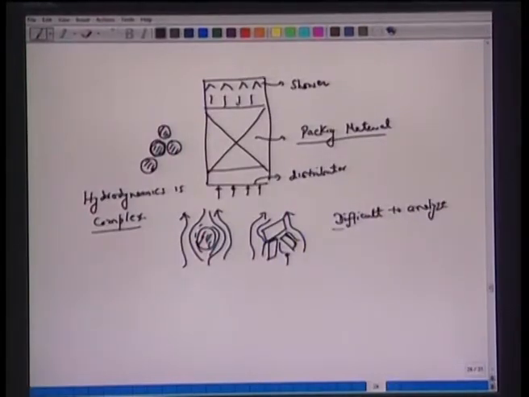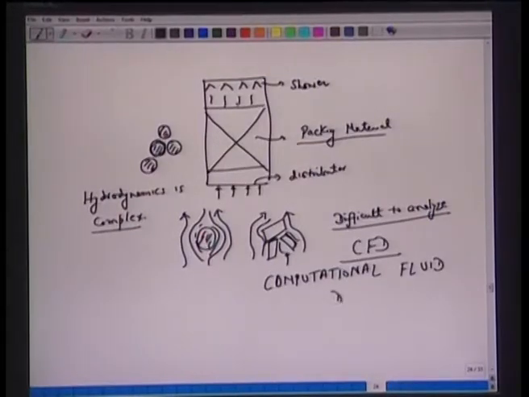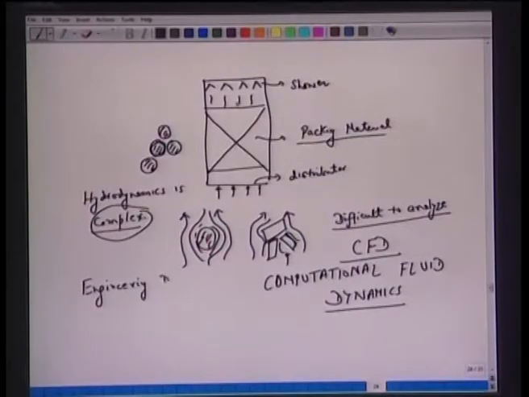All right. These days, if you have heard of CFD, computational fluid dynamics. So one makes use of this CFD to resolve this complexity of hydrodynamics in two-phase systems like this we have in case of packed absorption columns. So generally what happens when it comes to engineering design, hydrodynamics is not solved to that extent, the way we do it in case of CFD.